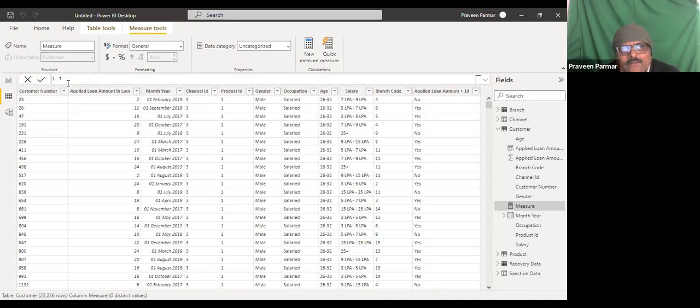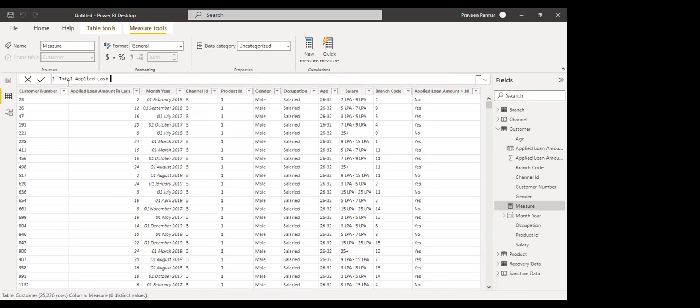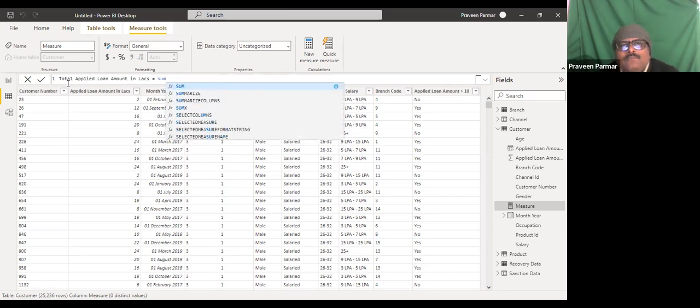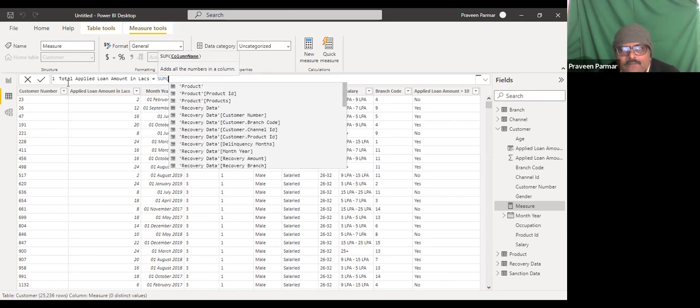Understand? Total applied loan amount in lakhs is equal to, so what I want, the sum of, so I will write the sum and use the tab button.